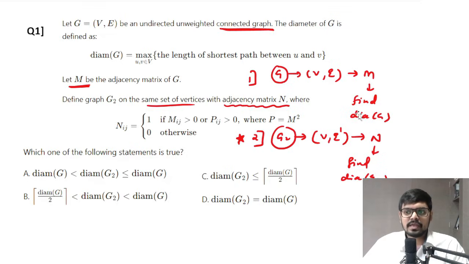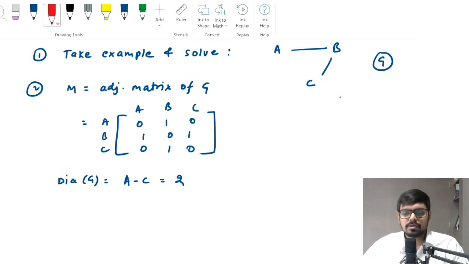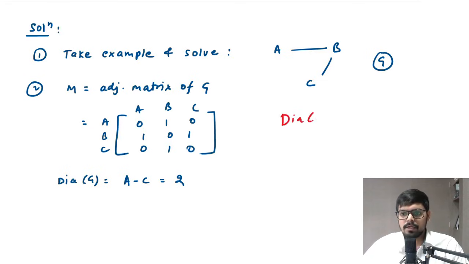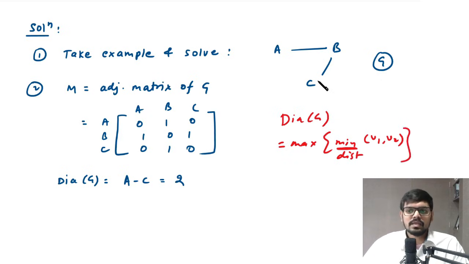Now we can comment on the diameter of G. So what is the diameter of G? I should write the definition first, otherwise you will feel it is tough. So the diameter of G is max of min. So what is max of min? Min here means, if you have vertex 1 comma vertex 2, you have to take the minimum distance, the shortest distance between any two vertices. So if you see carefully, the technique which I have explained to find the diameter is to always think of the diagonals